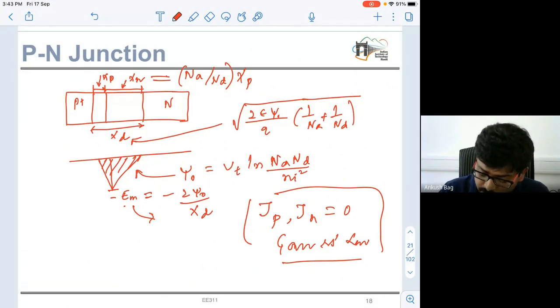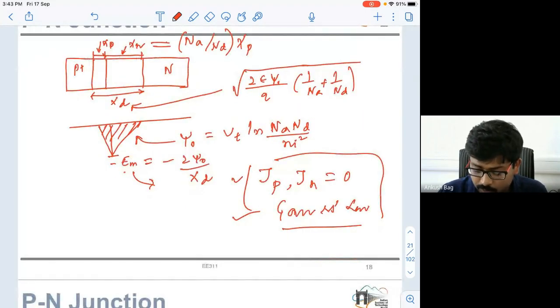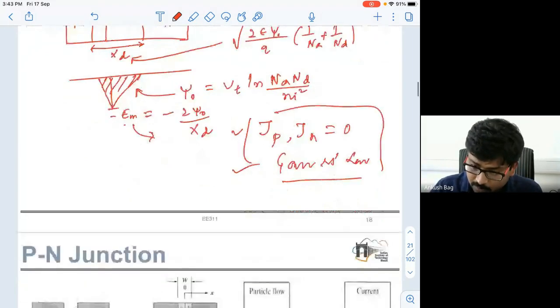We have only used the transport equation and the Gauss law. So this correlation you should always remember so that you can easily derive all the other parameters for other devices. Essentially those 5 equations you should always keep in mind when deriving these parameters.